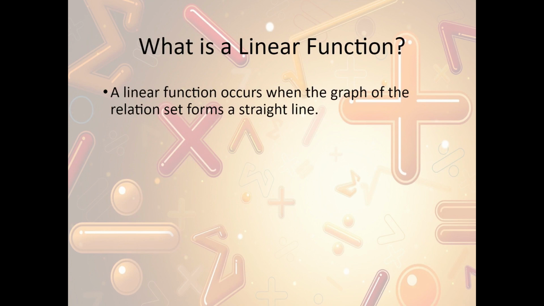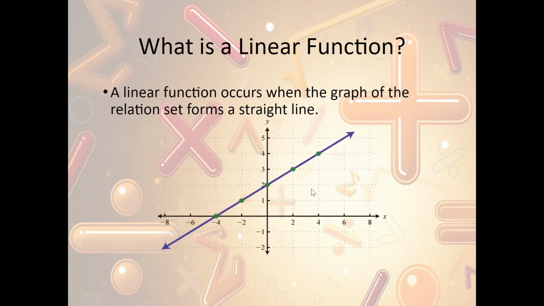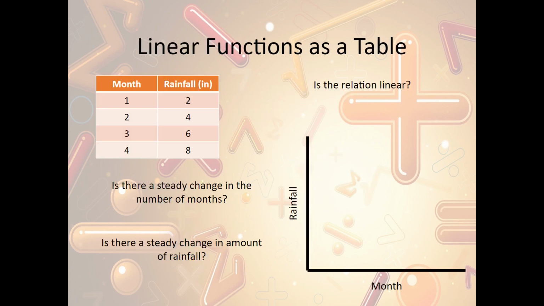Now, first of all, what is a linear function? A linear function occurs when the graph of a relation set forms a straight line. So when we plot the points, if it forms a straight line like this, that means it is a linear function. Now, what does a linear function look like as a table? Well, if we look at the table here, the rule is if in each column, so this column and this column, the change is all consistent and it's addition, then we say that the set is